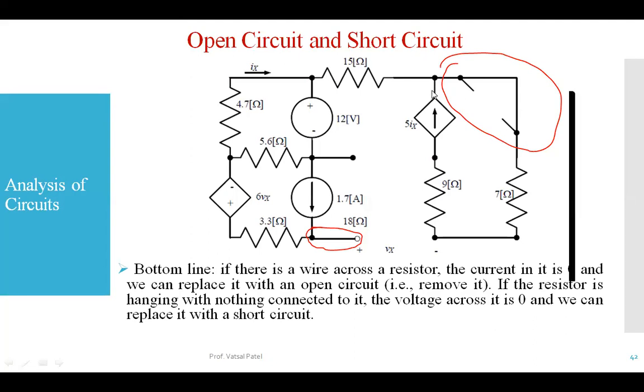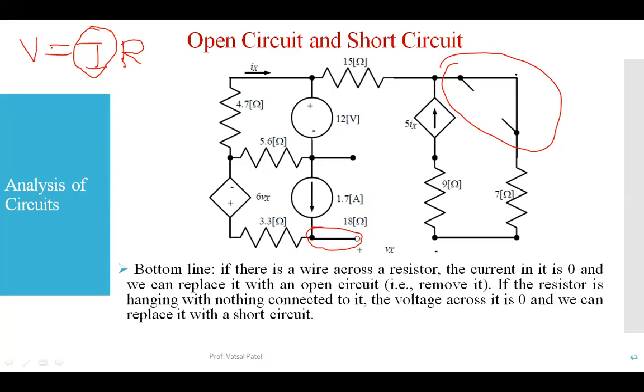Since there will be no current flowing, you cannot measure the voltage. It will be zero according to Ohm's law, because V is equal to what? V equals I times R. Whether you have the value of resistance in the circuit, you don't know the value of current, or because of the open circuit, the current is equal to zero. That means voltage is equal to zero.